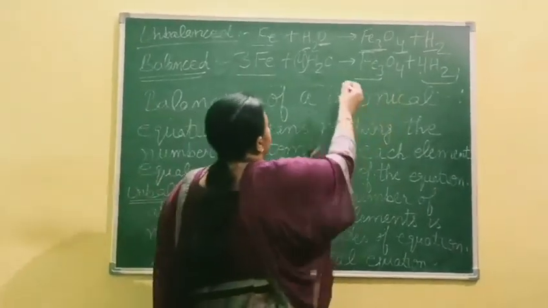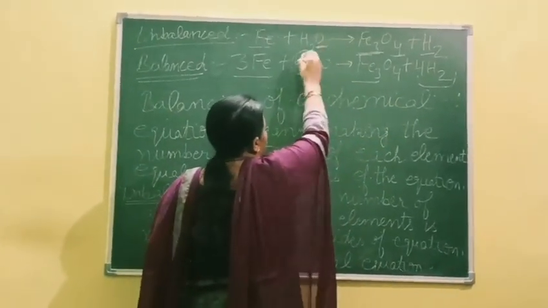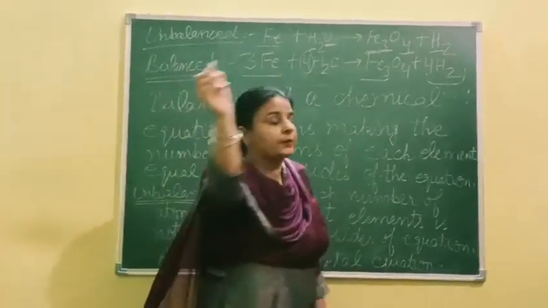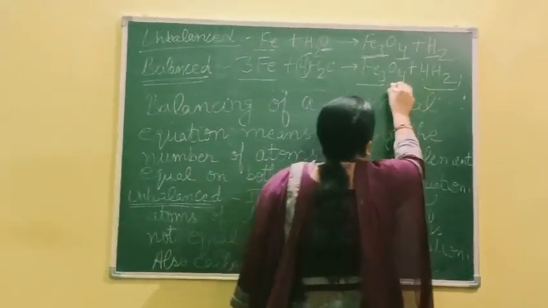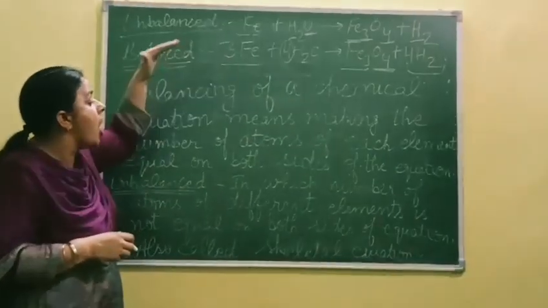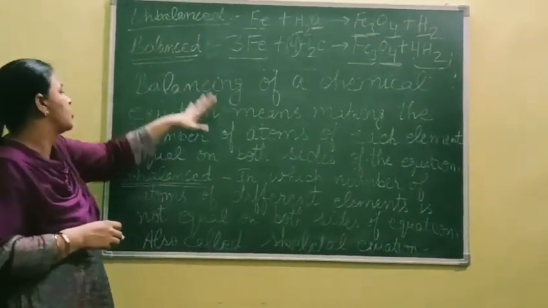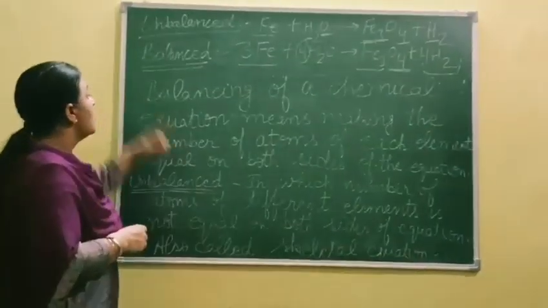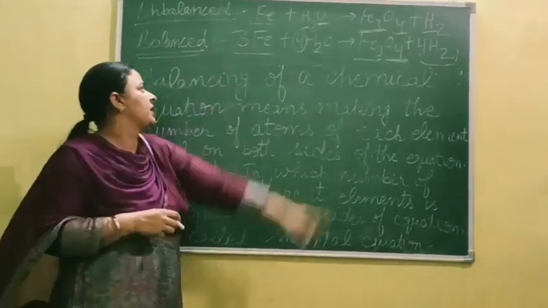And if we will see oxygen atoms, आगे वाला जो 4 है वो इससे भी multiply होगा तो ऑक्सीजन के एटम हो गए हमारे पास 4. तो on this side we will see oxygen atoms are also 4. So here in this reaction all the atoms of each element they are equal on both the sides of the equation. So it is a balanced chemical equation.